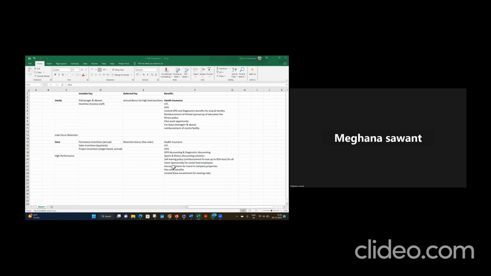As part of the deferred pay, we have these retention bonus, which is applicable to, I wouldn't say every year, but these are two specific roles which are really very critical for the organization and on a case-to-case basis. But as a whole gamut of benefits for every employee, we have the health insurance, which is taking care of the employee and their family. Parental insurance also is part of it. The group term life is there. The accidental insurance is there.